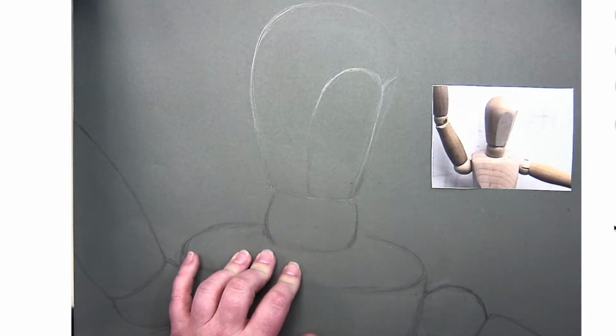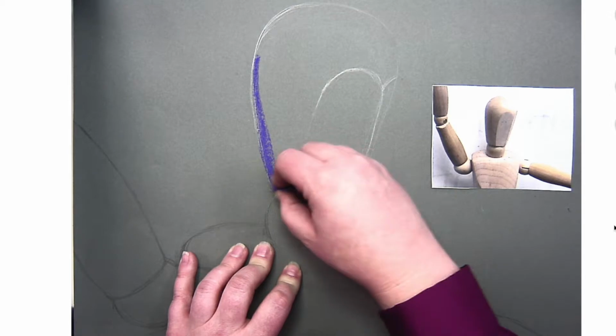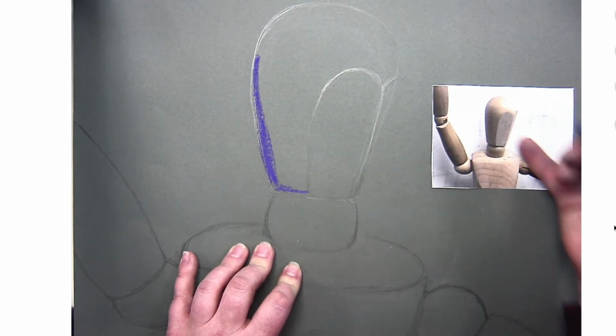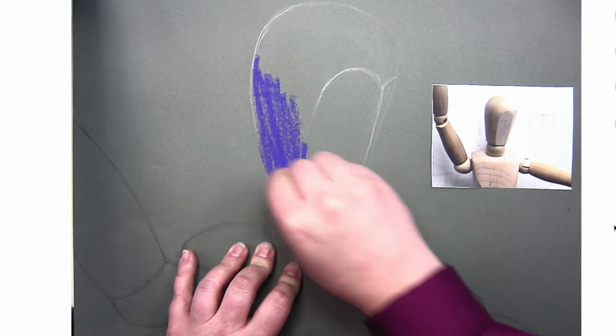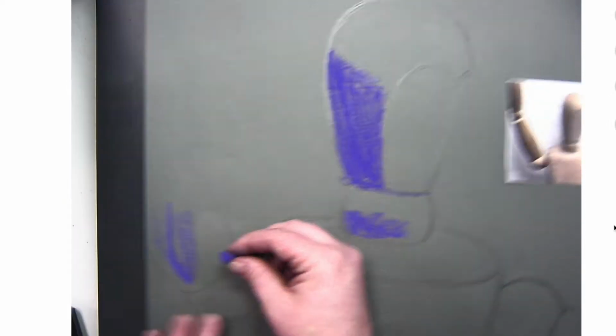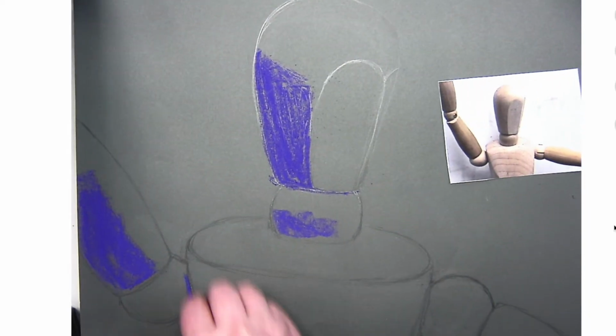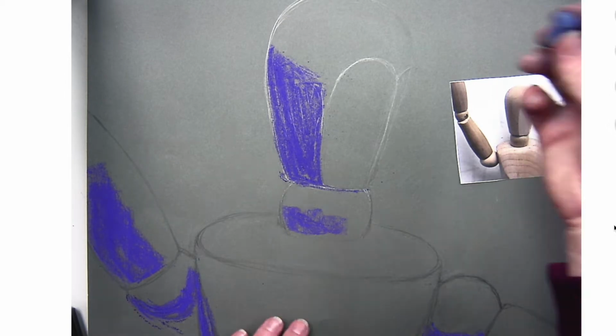Now I'm going to use the darker purpley color that I have to block in the shadow area. I'm starting with the back of the head, and I'm making a nice clean line to show where the sharp edges are. I'm just going to fast forward this video slightly to show you how I block in all the different areas